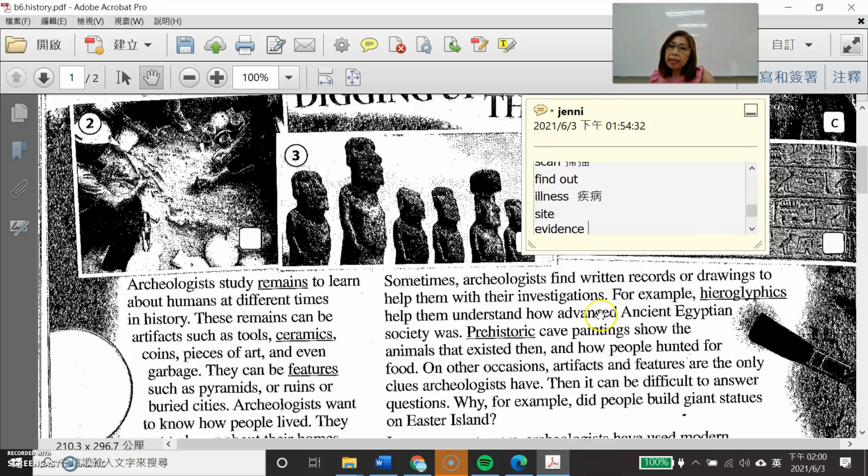And with their 这里的 investigation 不是跟犯罪有关，是他的调查 archaeology 这方面的。